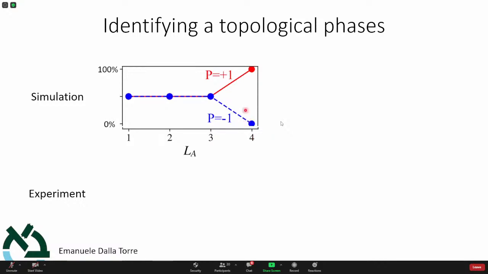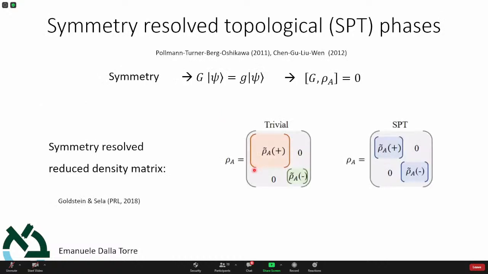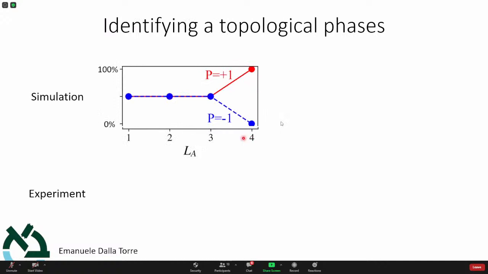When I look at the entire system, what are red and blue? Red is the plus block, and blue is the minus block. So what you see is that the whole system has a well-defined symmetry. In the whole system it is red. It means that there is a well-defined symmetry. However, in contrast, when I look at the subsystem, I see that the blue and red come on top of each other.